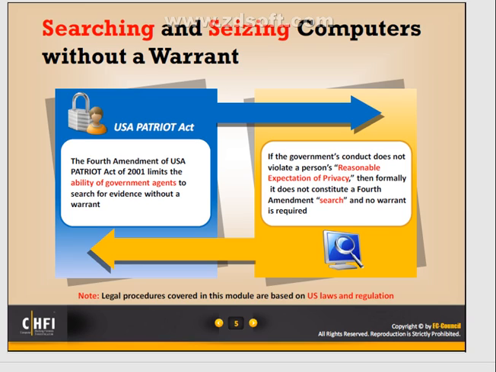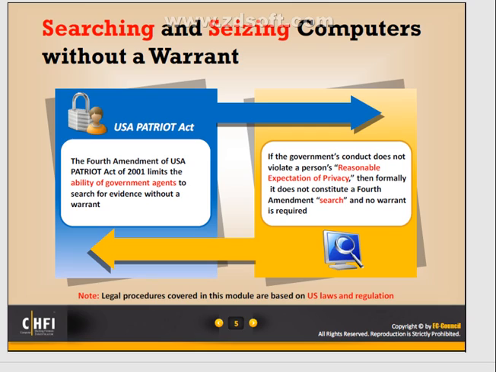So, on searching and seizing computers, we can either do that without a warrant or with a warrant. So, there are two dynamics that exist. When we are searching and seizing computers without a warrant, basically we are saying,